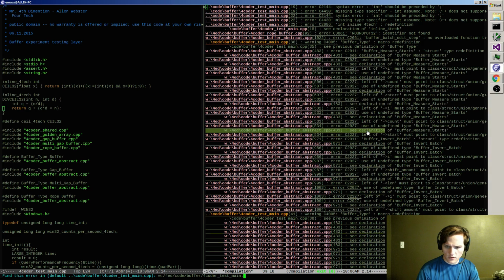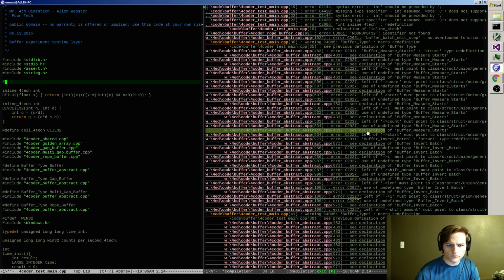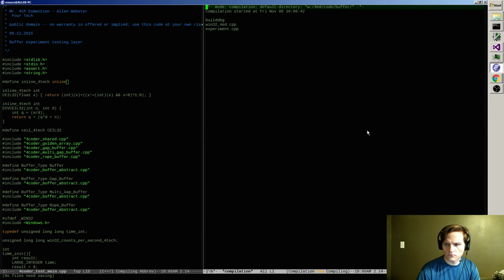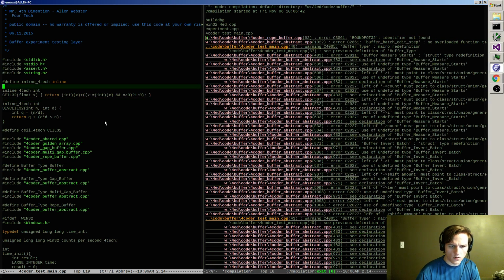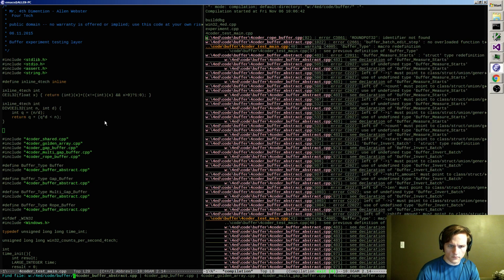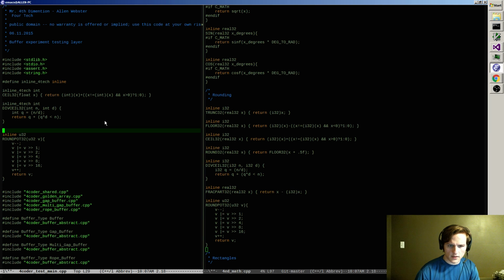I love how much Emacs freaks out when you have a build that isn't at the right level. Okay, we need round out. Those actually don't need to be defined, because the other one will get them. So let me go back to math. Round up. Okay, let's see.